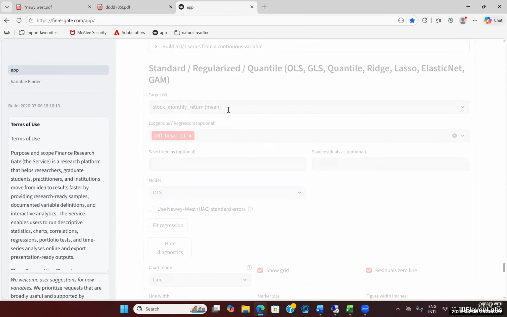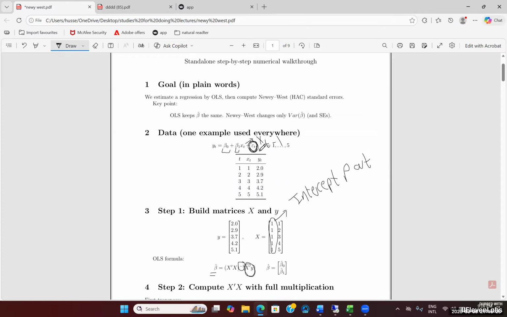the monthly return. You can see the y-axis here and then the x-axis over there. We need to make sure to save the residuals that are generated from our regression model. This output, which represents the error terms, can be stored once the regression has been fully executed. Because once we've run the regression, we can estimate the coefficient, and the error can be determined by comparing it to the actual observed value,